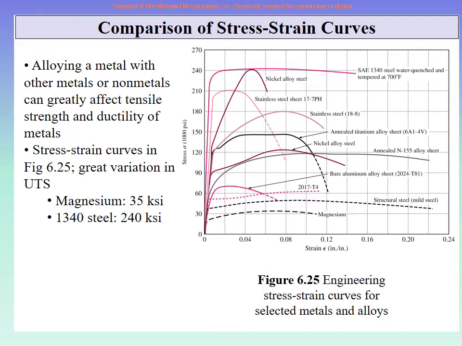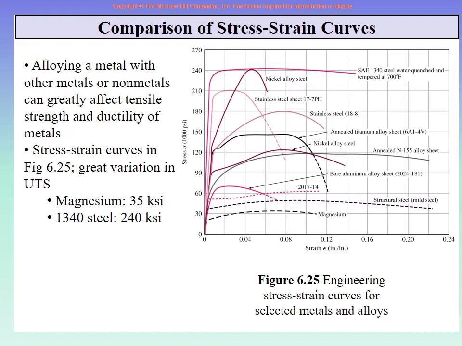At the point of fracture, you find the strain and either write it as a percentage, as percent elongation, or find the area at failure. So you find the percent reduction in area, right? So elastic modulus, yield strength, ultimate strength, ductility. These are the 4 basic major properties. We will do 1 or 2 more, but these are the 4 basic major properties that you get from the tensile test.